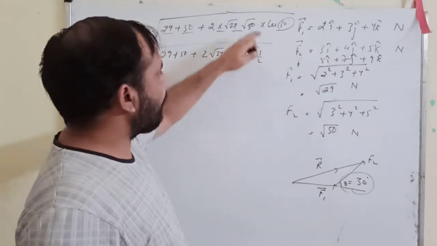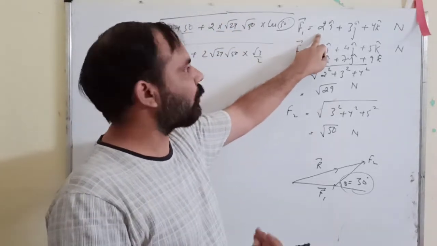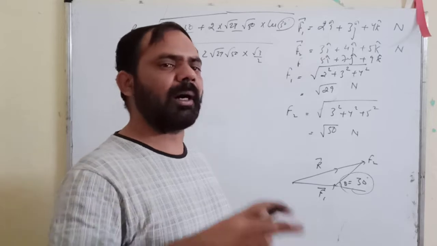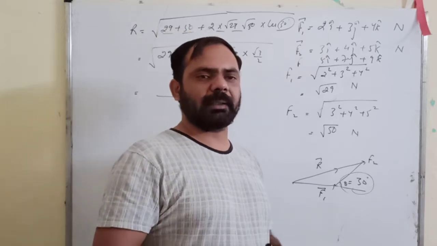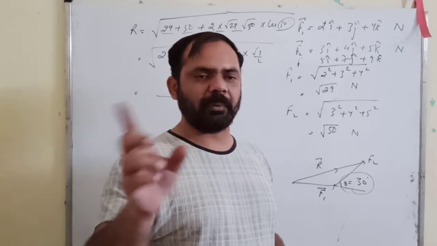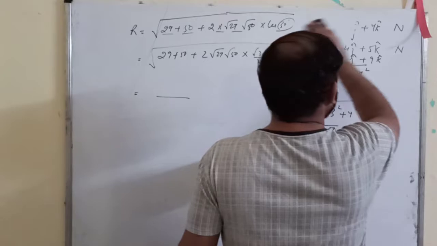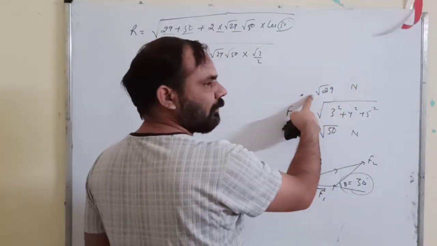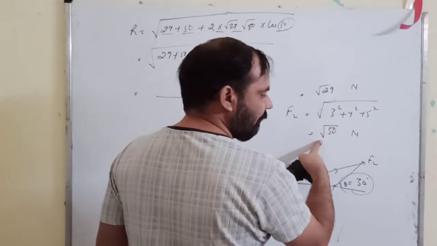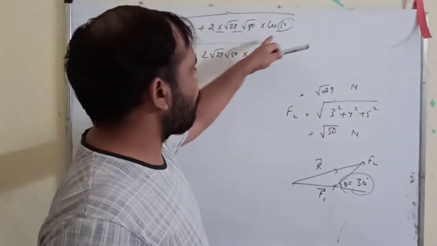But if you want to get the value this way, you must know how to find out the angle between the vectors. That will come later when we reach products. That time we will discuss how to find out the angle between two vectors. So for now you forget this one. You just consider that if you have one vector, you have a second vector, and you are given an angle between the vectors, then this way you will add them.